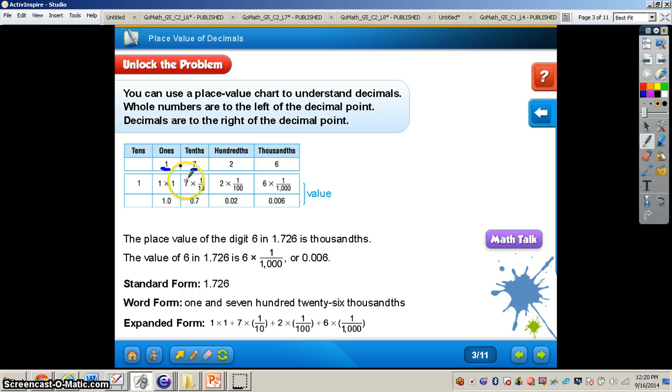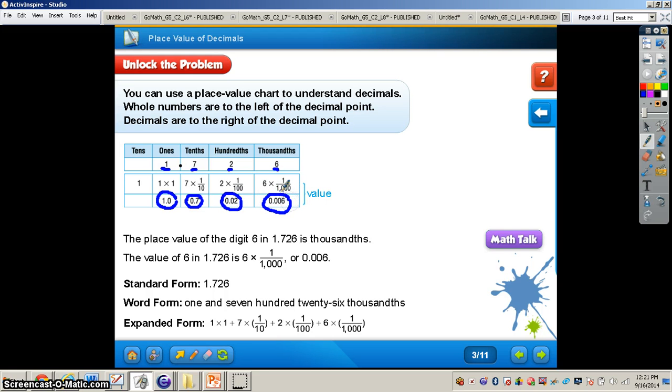In expanded form you would have 1 times 1, 7 times 1/10, 2 times 1/100th, 6 times 1/1000th. You can see the different place value that each digit has. So the 1 would be 1.0, the 7 would be 7/10, 0.7, the 2 representing 2/100ths, and the 6